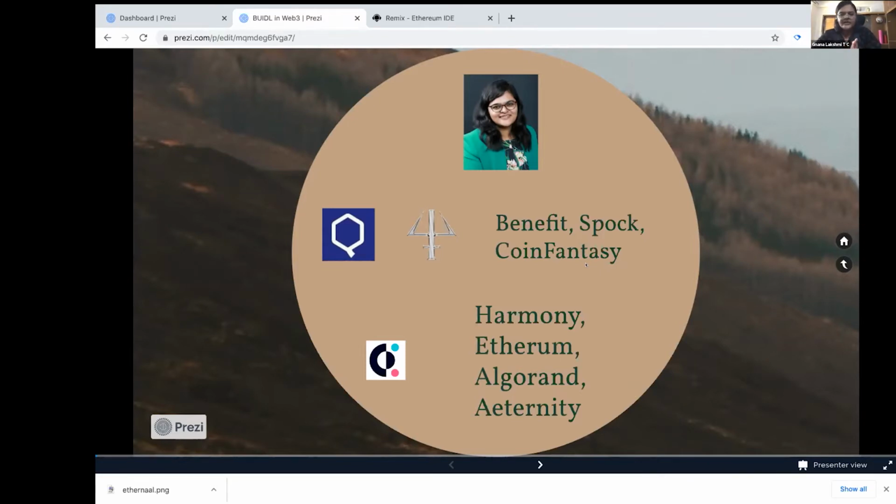So these are a couple of projects, and below you can see the layer one chains that I work with. Harmony Protocol, I've of course worked with Ethereum, Polygon layer two, I've worked with Algorand and Eternity as well. I am also a Covalent ambassador and I lead the education guild at Covalent. So, that's pretty much about me. My main interests are education and technology, blockchain, and of course, primarily focused on the developer ecosystem.